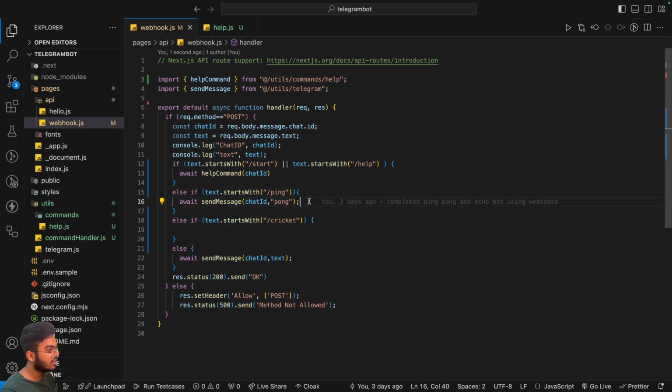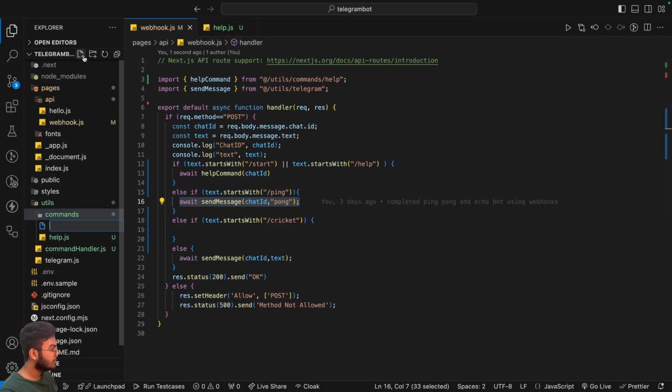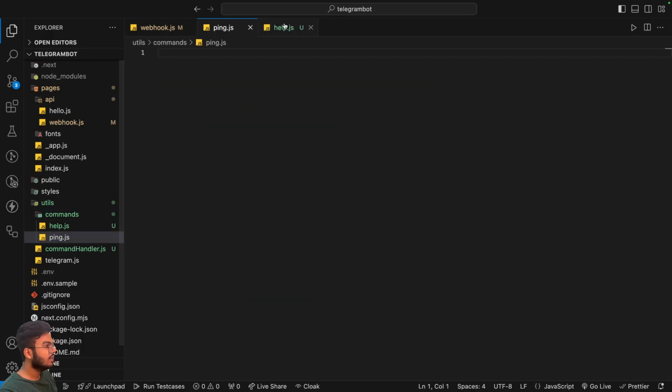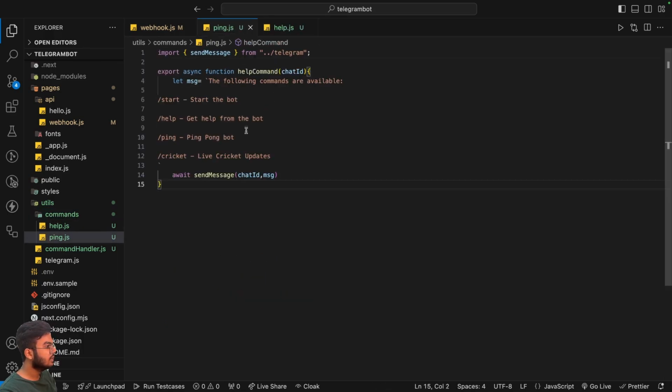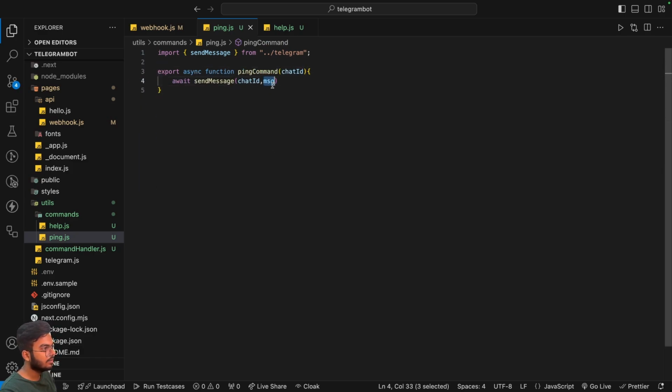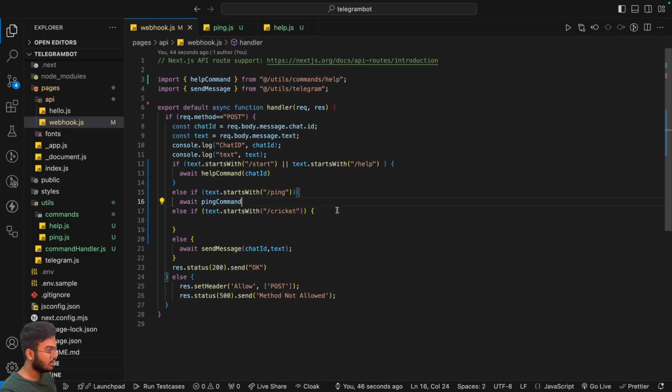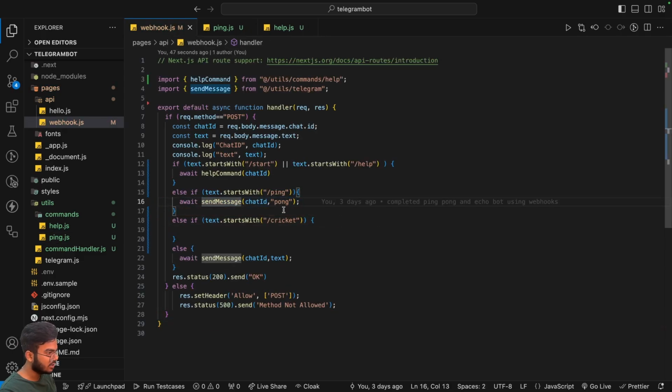Then I don't think I should make another file for this, but just for the sake of consistency, let's say ping.js, and we can create a similar function, let's say ping command, and this will simply send the message called pong, right? And similarly we can import this function here, and instead of calling the send message method here, we can say pong,